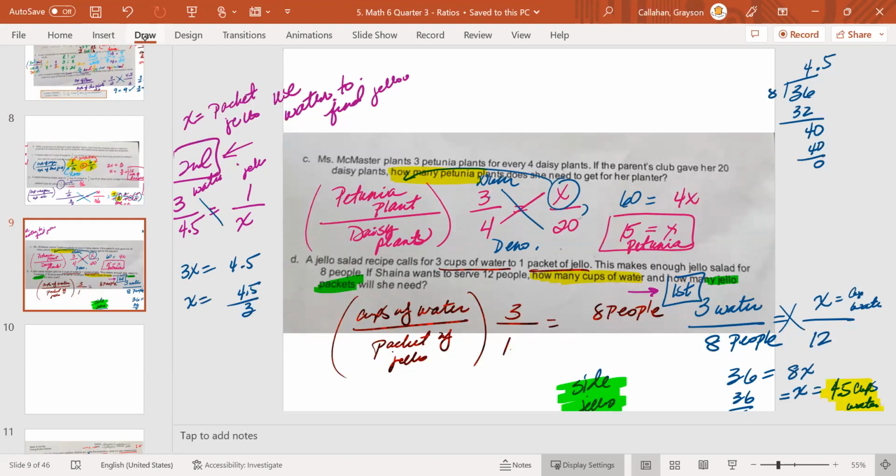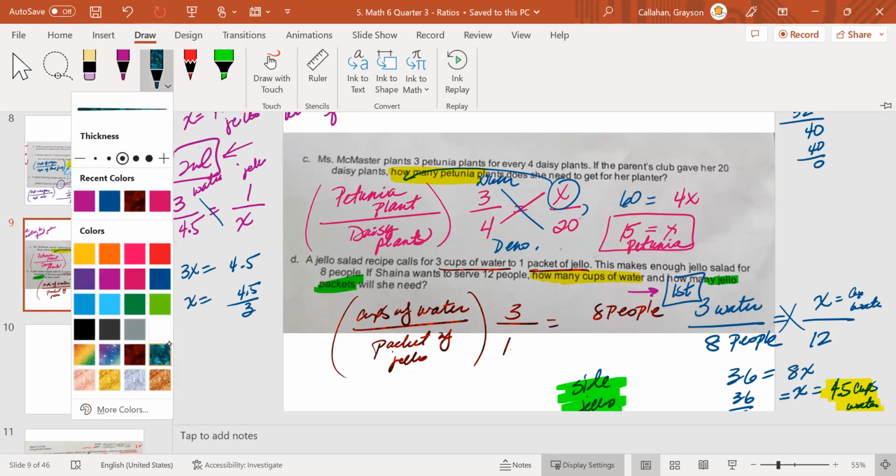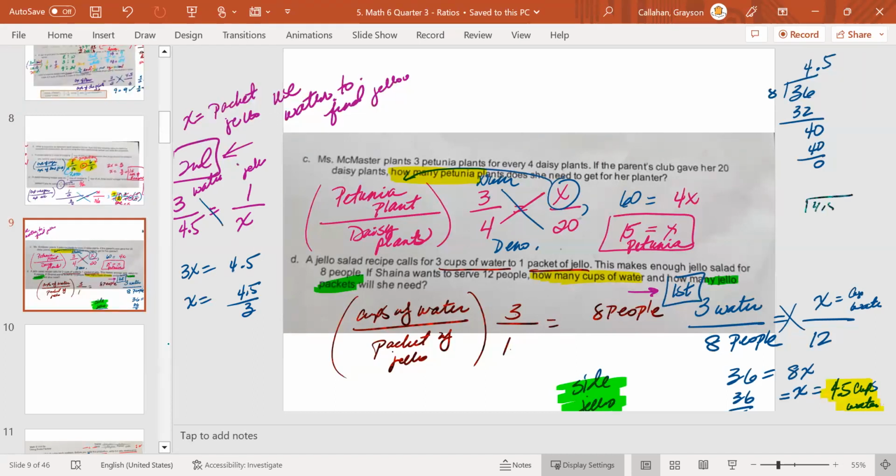So you're going to work this on the side. I'm going to do 4.5 divided by 3, which is a 1.5, or I'm sorry, you can't have a decimal there, just kidding. Move it 1 over. So you put a 0 right there, right? So 30 times 1 is 30, which will then give you a 15, right? Put a dot and a 0. 30 times 5 gives me 150. So my answer is X is 1.5